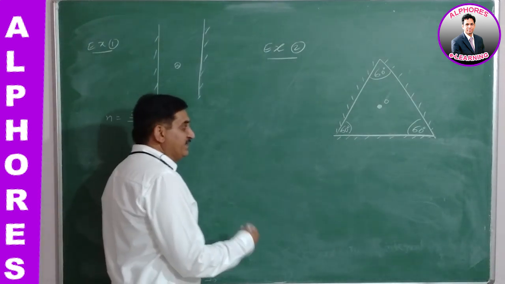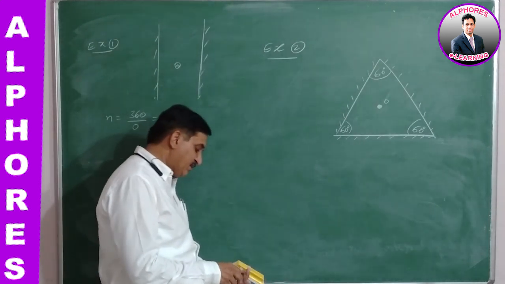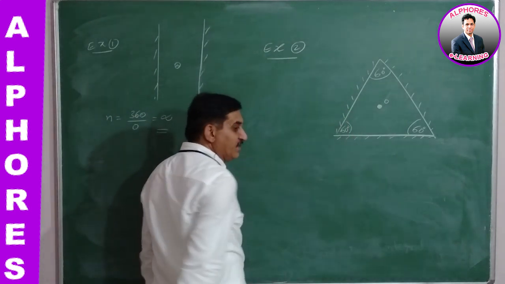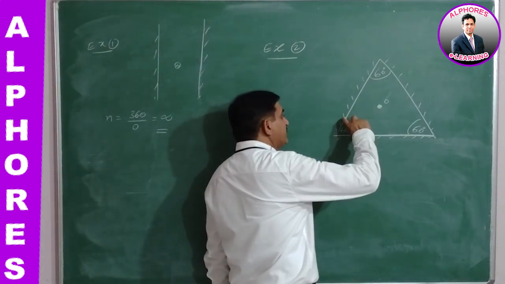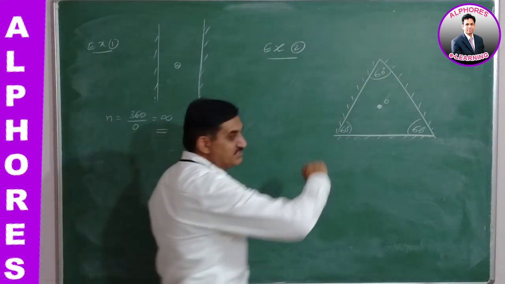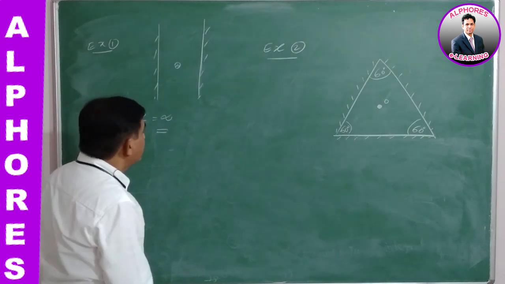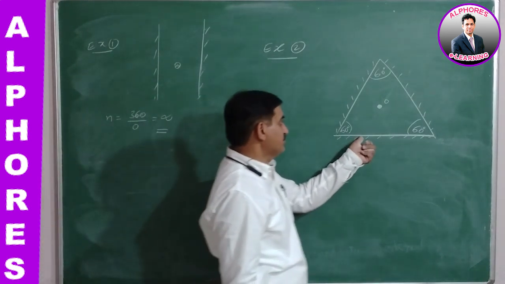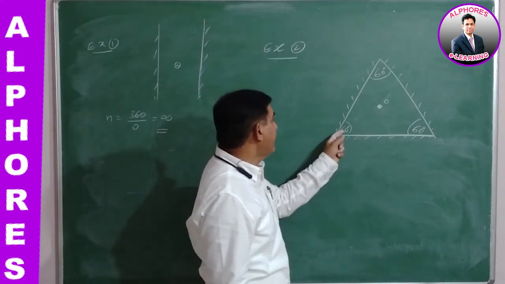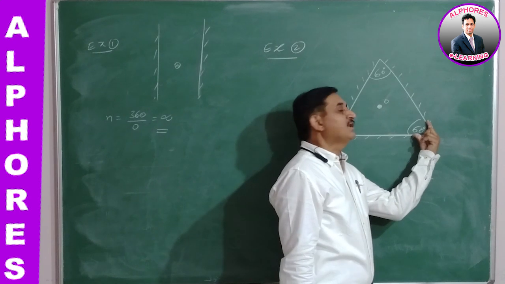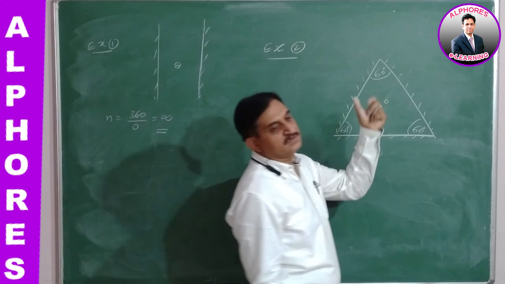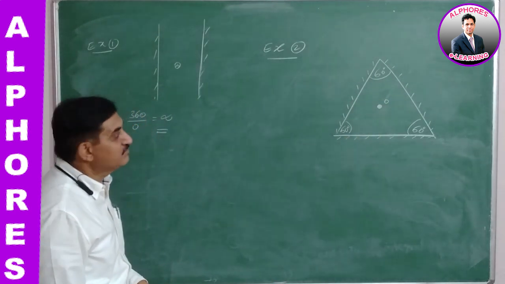As we know the fundamentals, generally the student will think of the number of images formed by each pair. How many pairs are there? This is one pair, this is another pair, this is the third pair. We have three pairs. According to the fundamental, two plane mirrors are at a certain inclination with each other. Now this is taken as one pair and the angle is 60. Here one more angle, two plane mirrors. This is the second pair, this is the third pair.